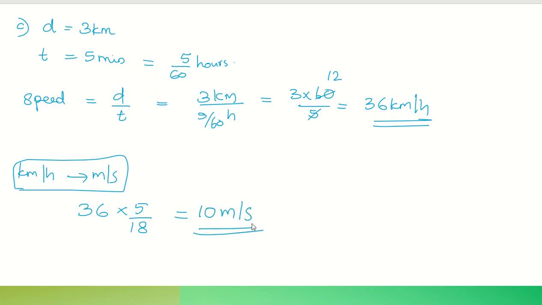Okay, so if you have to convert a value in kilometer per hour into meter per second, multiply that by 5 by 18. And if you have to convert meter per second into kilometer per hour, then multiply it by 18 by 5. Okay, this is a very important conversion we require in most of the numericals. Quickly you can calculate the values in meter per second. Hope this will help you. So the conversions are understood.